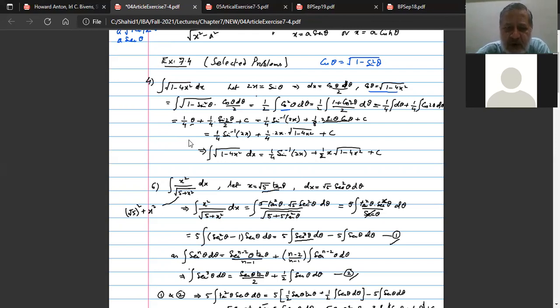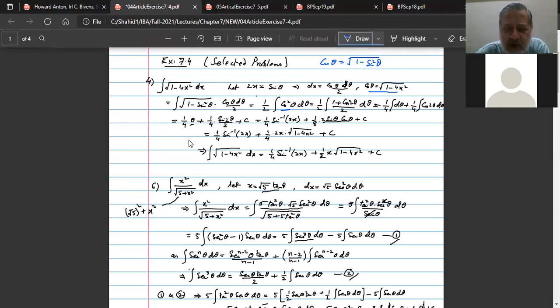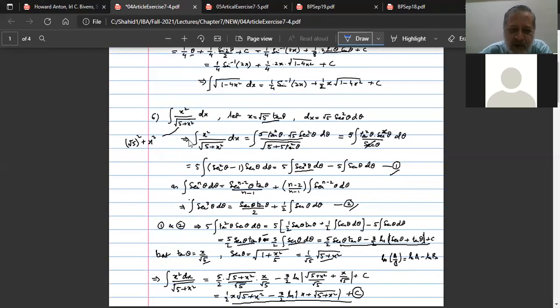And then we proceed further. Integral of the first part is simply theta, and that of the second part is sine 2 theta upon 2. Theta from here can be written directly as sine inverse 2x, and from sine 2 theta, we have to write down 2 sine theta cos theta, one of the basic trigonometric identities. Sine theta is 2x and cos theta is this, and the final result is this. So I discussed these problems,